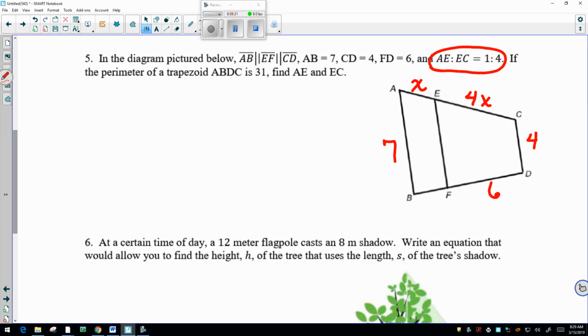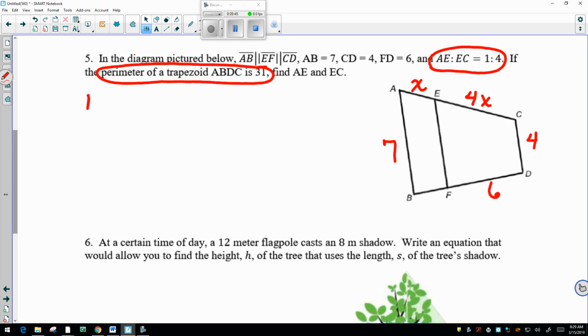And then it says if the perimeter of that entire trapezoid, so all of the sides added up on the outside edge, are equal to 31, we have to figure out what these 2 segment values are. But the problem is I don't know what BF is right now. So keeping in mind that these 2 sides are in that 1 to 4 ratio, okay, I could say, well,